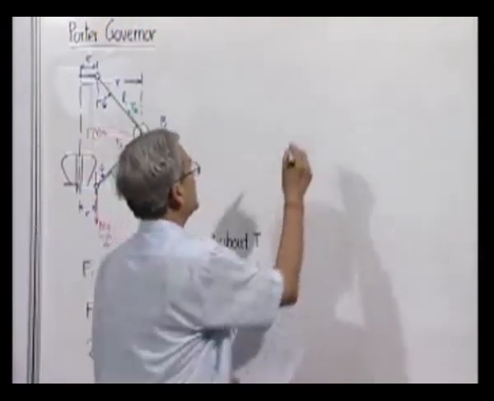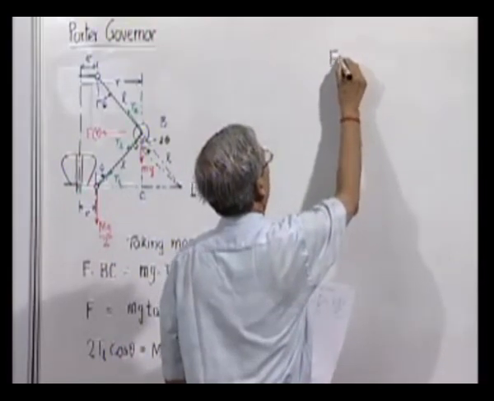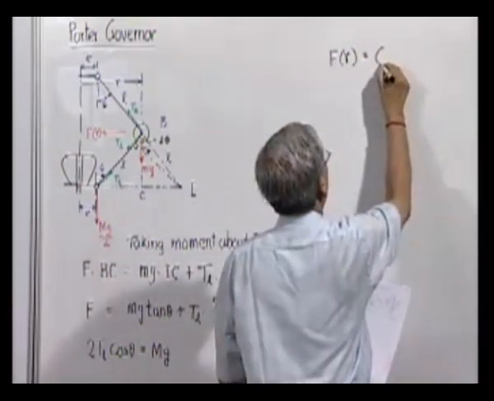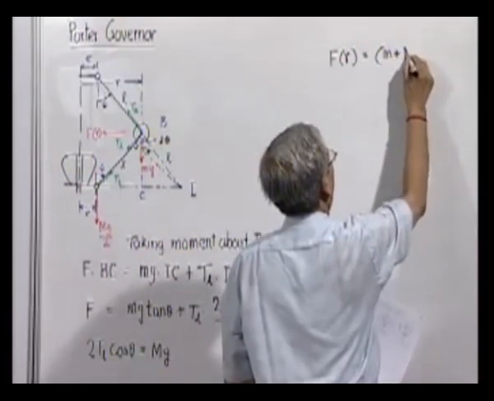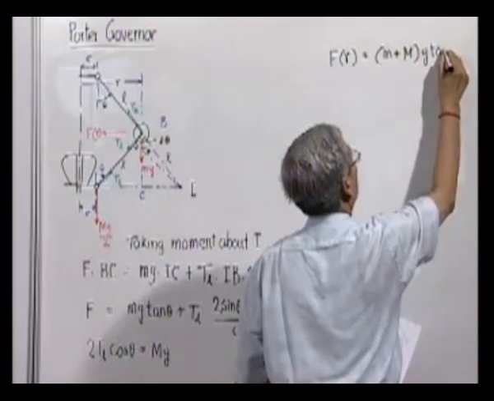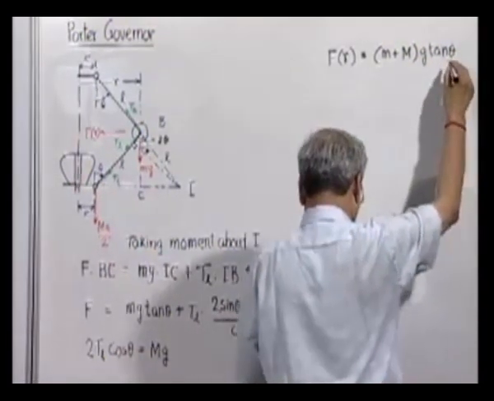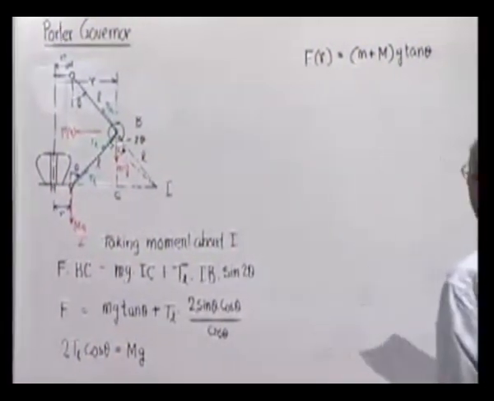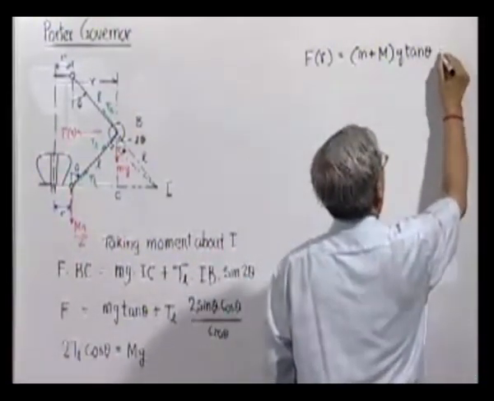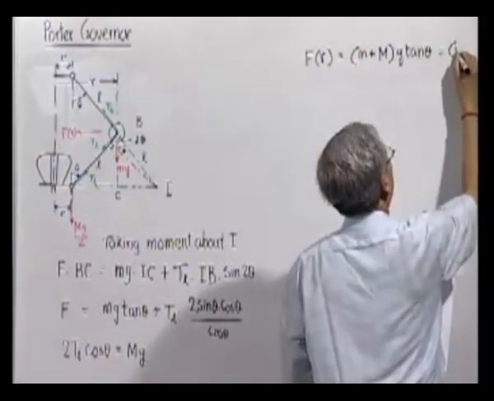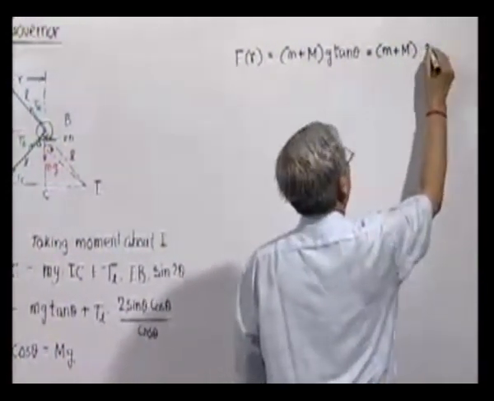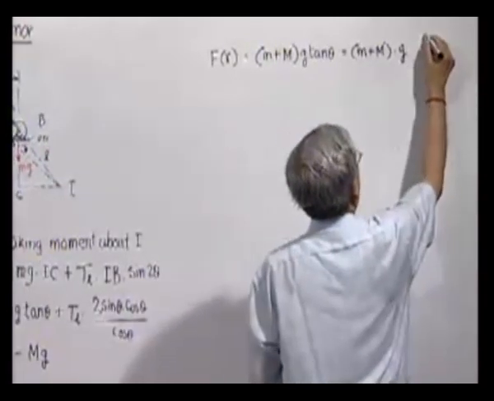And using this, finally we get the control force, which is a function of R, is equal to, now, of course, we have to write in terms of R. So, we can write this as G, and tan theta we can write